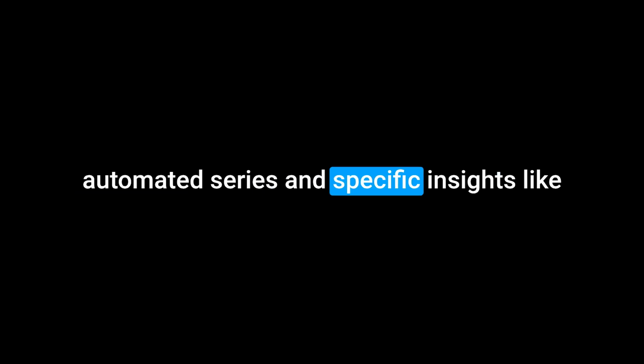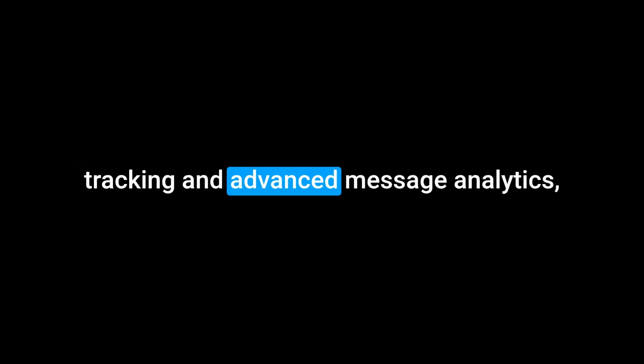Any summary views? Yes, they provide quick broadcast stats for individual sends, campaign stats for entire automated series, and specific insights like broadcast web hit tracking, if you use their tracking, and sales tracking, which directly link email activity to revenue if you've set that up. You also get reports on most popular links within an email and detailed split test results comparing variations. They really emphasize email sales tracking and advanced message analytics, allowing you to dive deep into every aspect of your campaign performance. Okay, Aweber sounds very thorough on email stats.